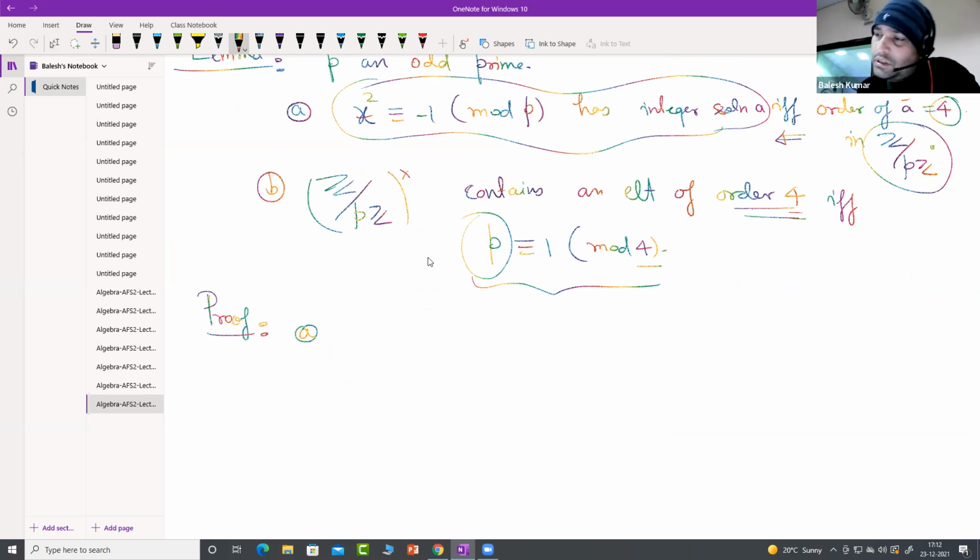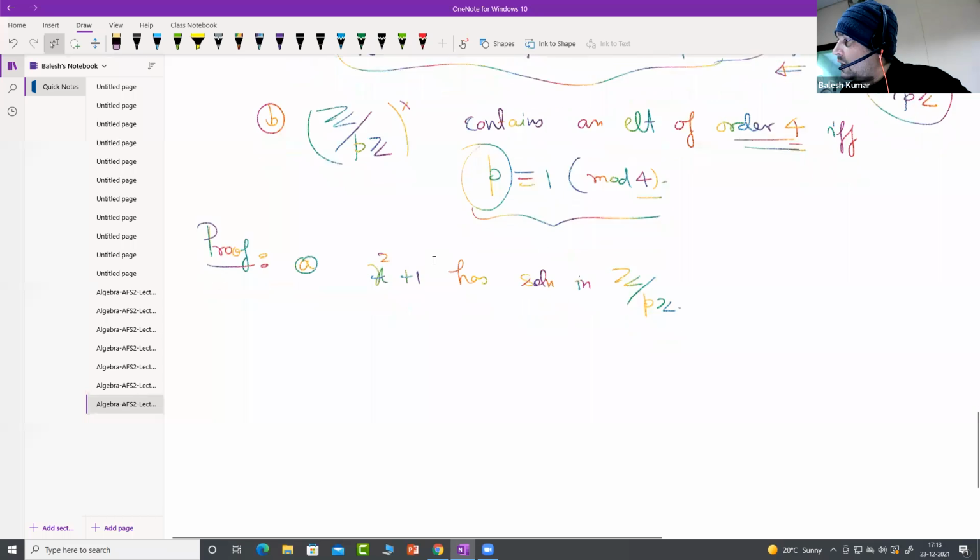So let us try to see part A. And part A, what does it say? That x square plus 1, this polynomial, has a solution in Z mod pZ. And so therefore what we would like to see is that